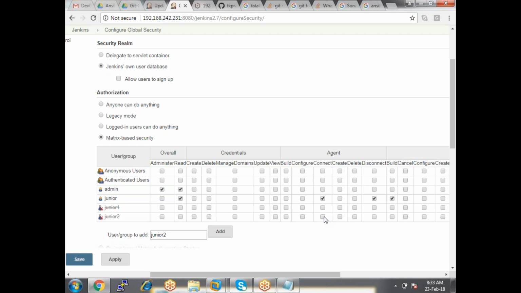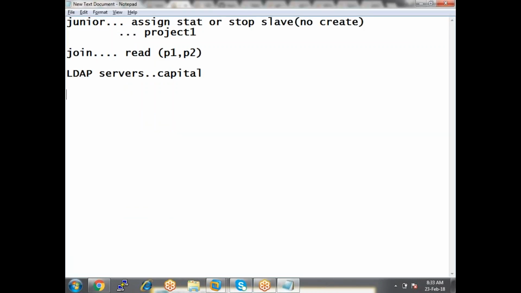So what is the right way? First we create a role. We create a role for that particular user. The role contains some set of permissions. Firstly I want to create a role with some role name, say junior role. What permissions should this role have?